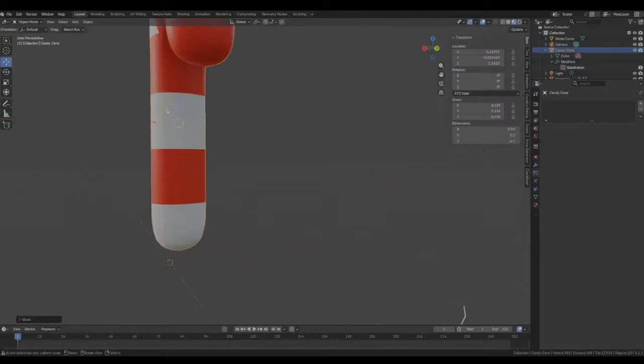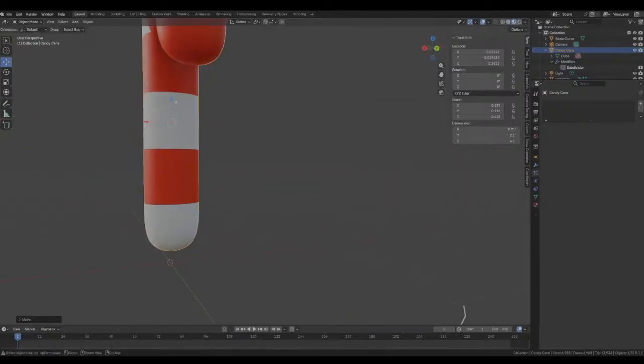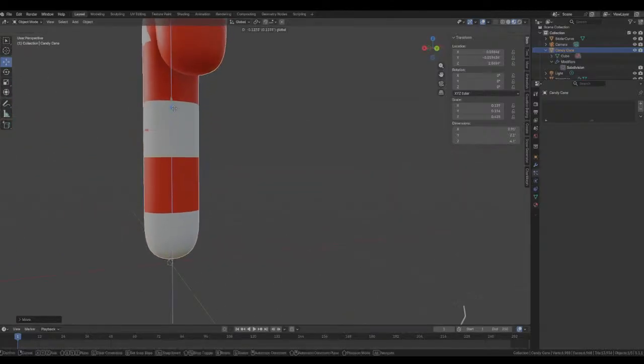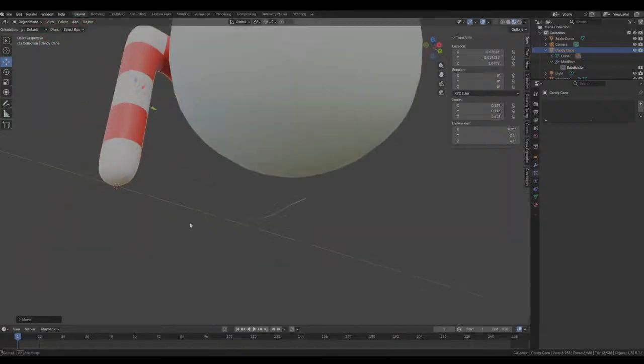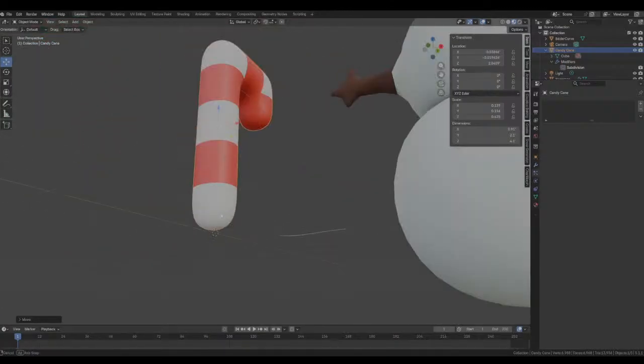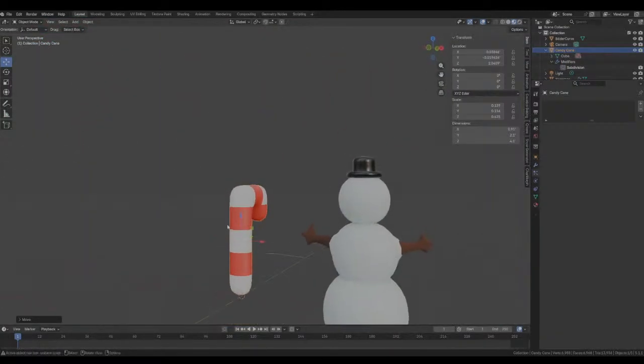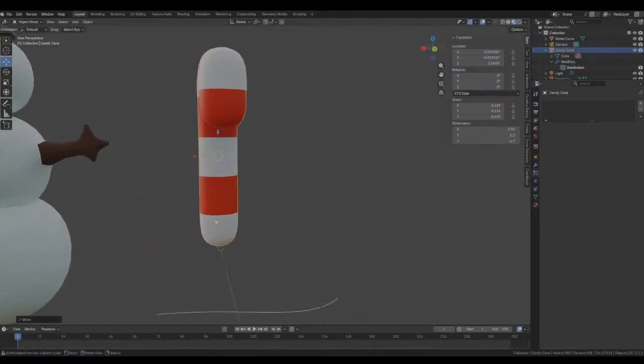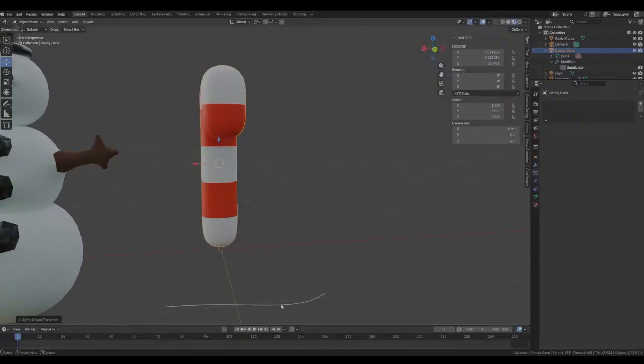It's really important that you do this step, because if you don't do it this way, your stuff is going to be all messed up. It's best to have the origin point right where it's at, and then apply scale and also apply rotation.